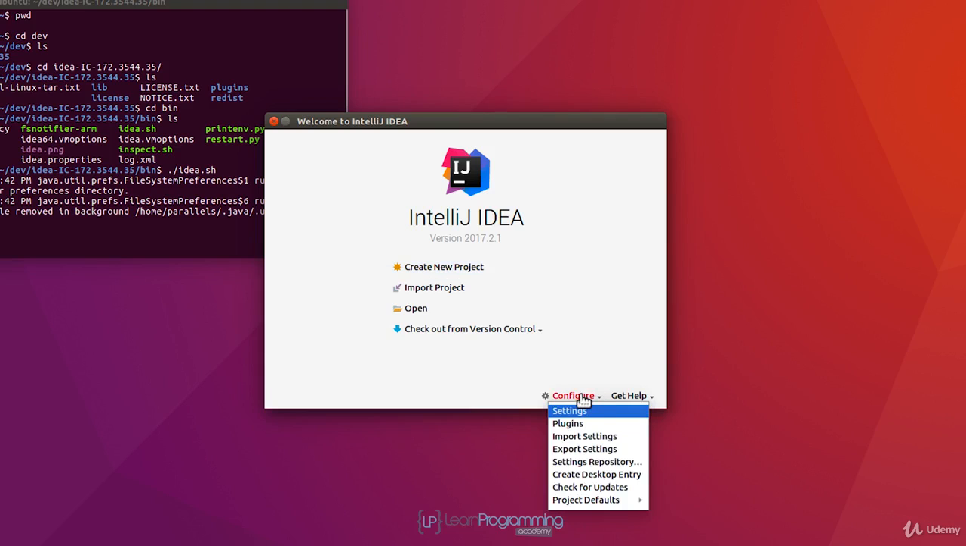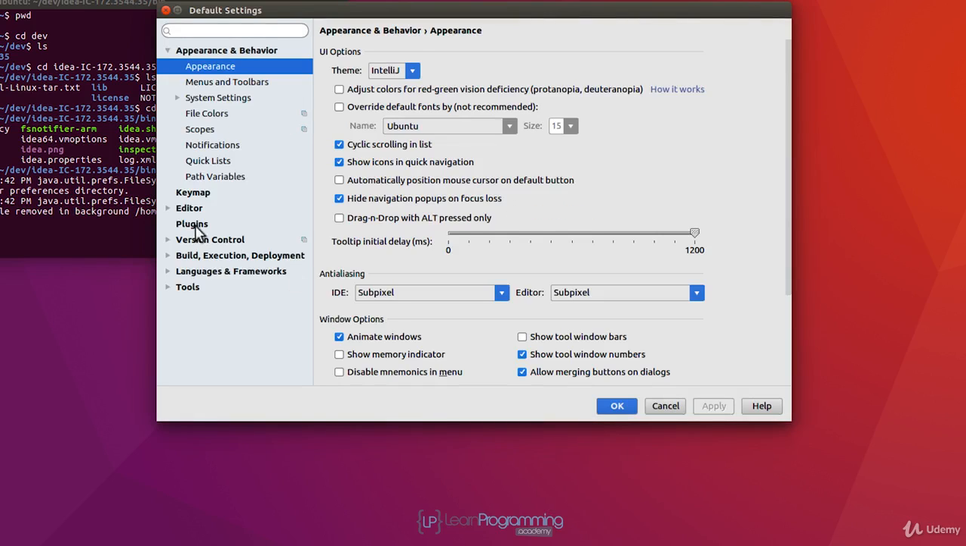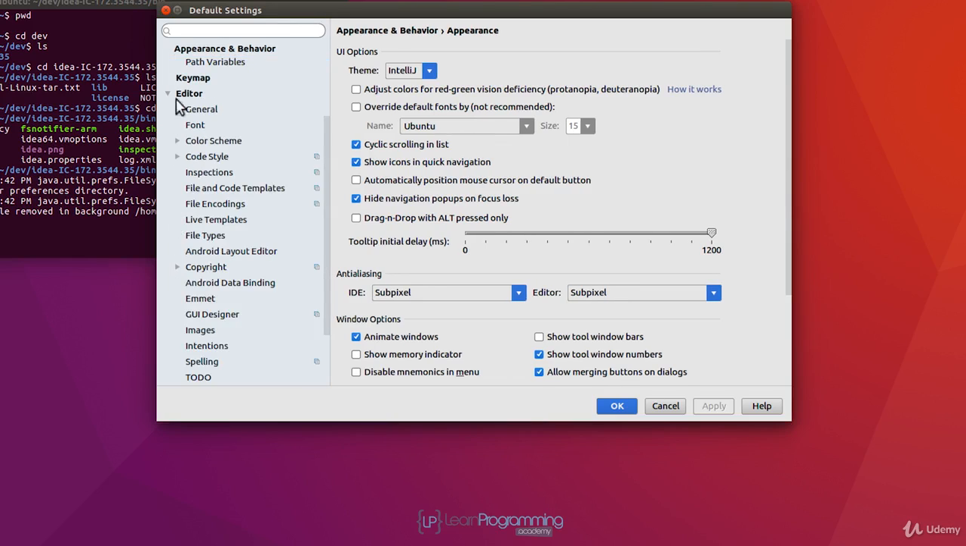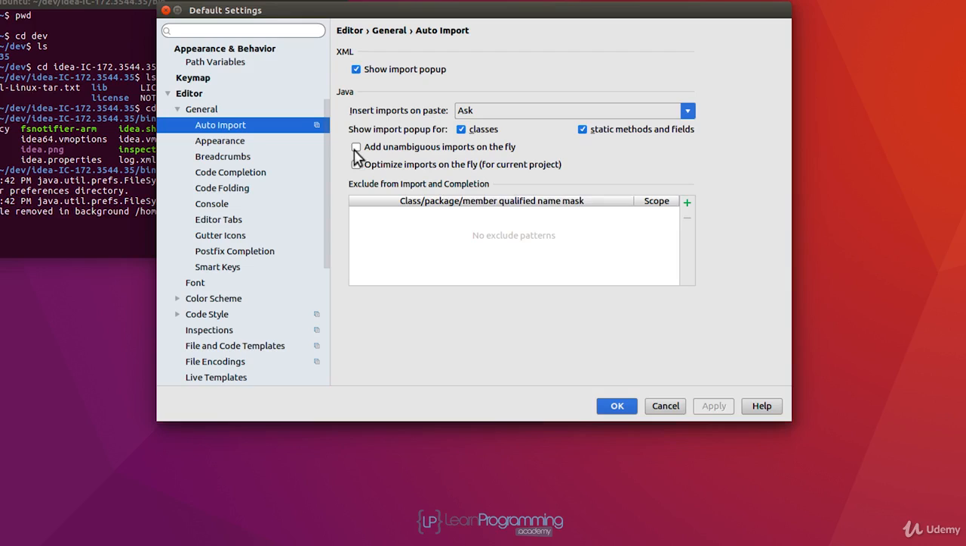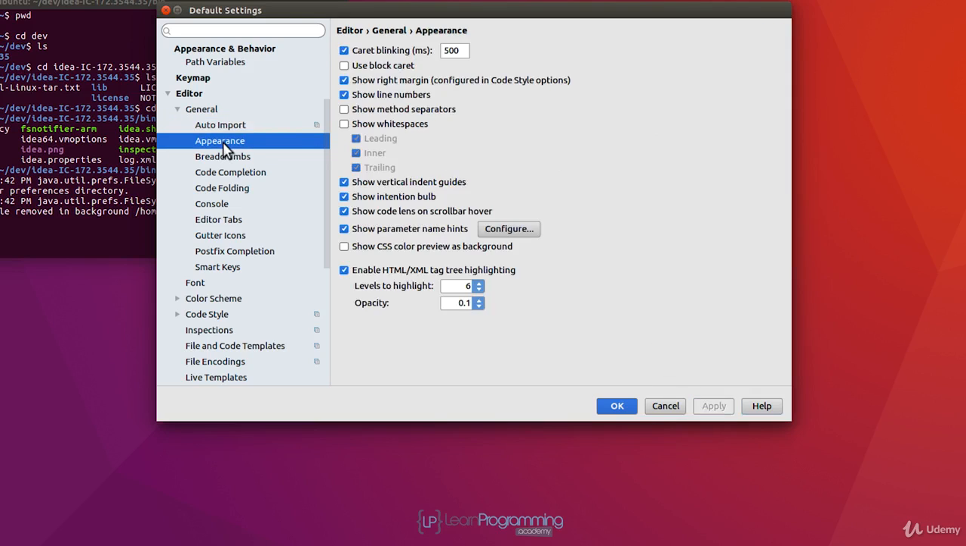Click on Configure and click on Settings. And what we want to do is open up here under Editor, expand that list of options, and then under General do the same thing. Click on that. Firstly, we want to click on Auto Import. We want to click on or add the checkbox. Click the checkbox for Add Unambiguous Imports on the Fly, and then the checkbox we should click for Optimize Imports on the Fly. So click on Apply to that,